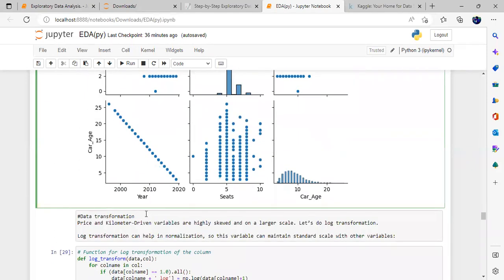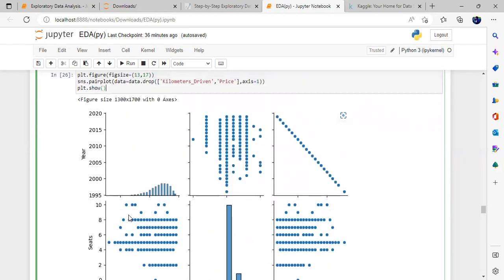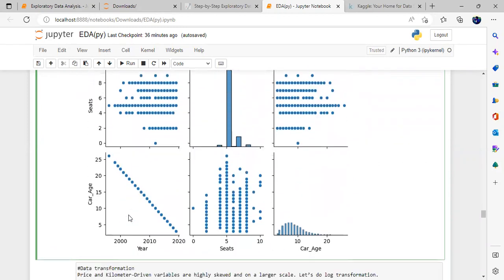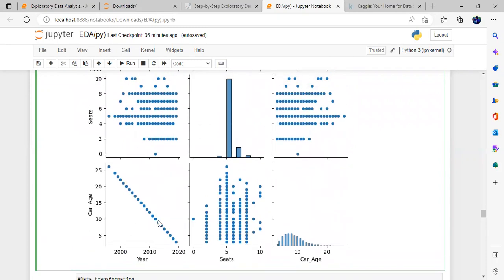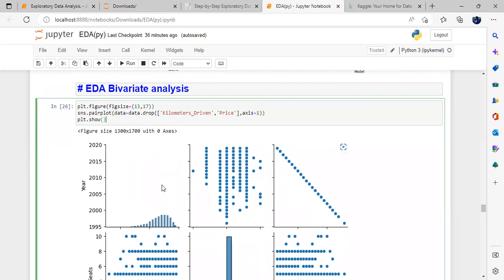Let's see how it looks. If kilometers driven is more, price should be less, right? And this is your year. As year increases,